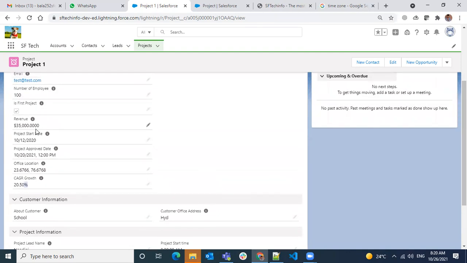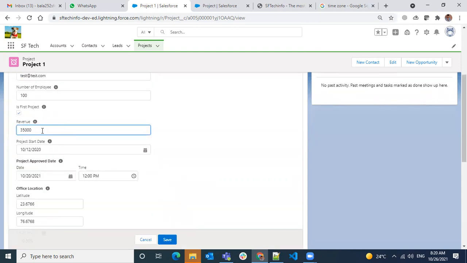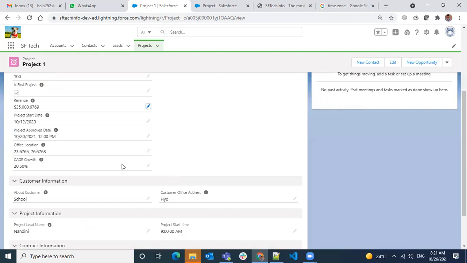If it's a currency field, it will be formatted and you will get a decimal value. See here, I gave 4 decimal places, so it's giving dot 0000. If I give more decimal places like this, 35,000 dot 6786 something, it will automatically trim to the places allowed and round off.